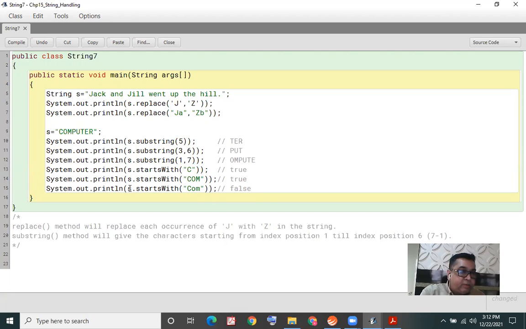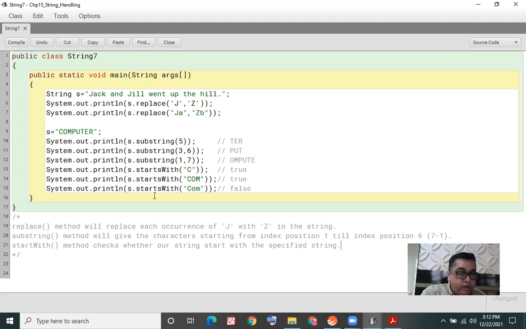Okay, the starts with method checks whether a string starts with the specified string.